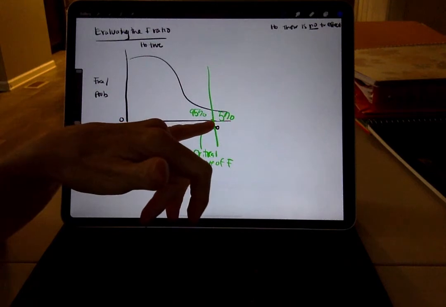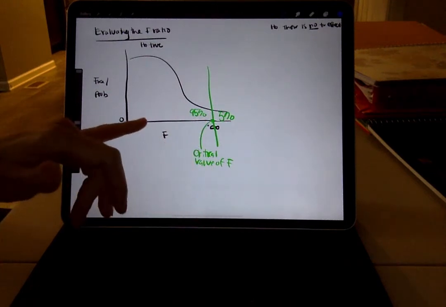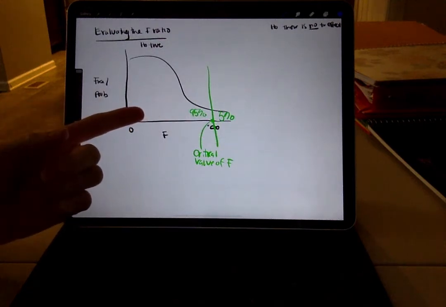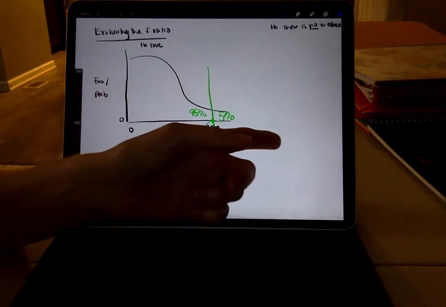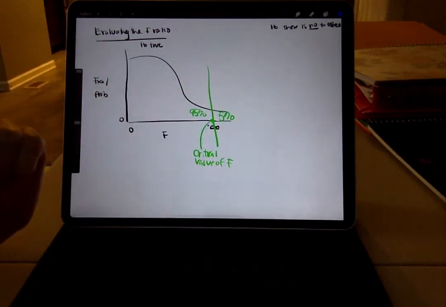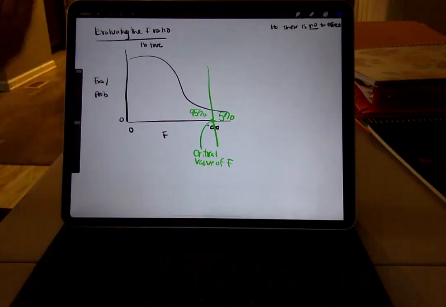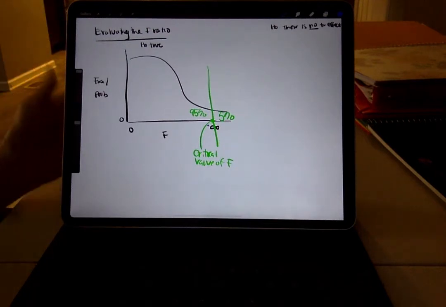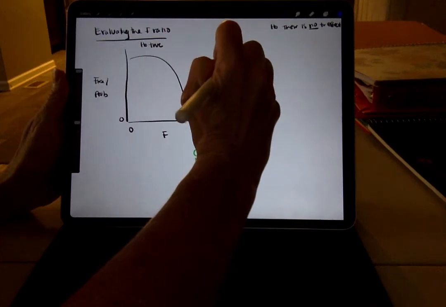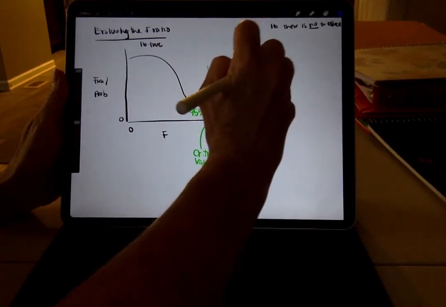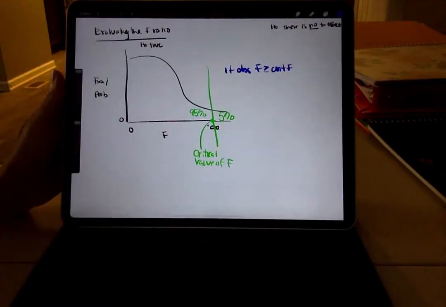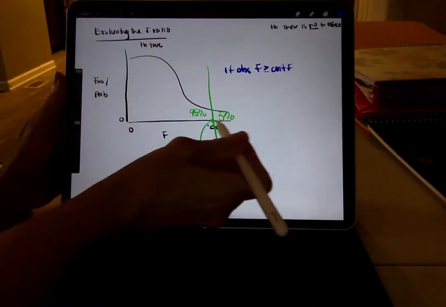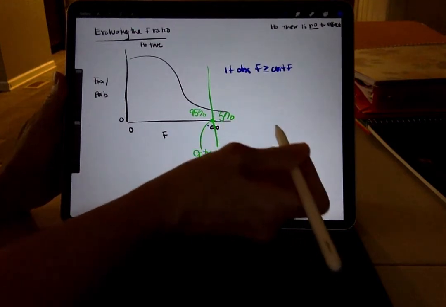All right, so let's assume for a second that our critical F is 3 and our observed F is 1. Our observed F is going to go over here. If our critical F is 3 and our observed F is 10, then our observed F is going to go to the right. All right? Once we do that, it's time to make some decisions. So this is how we make the decisions. If our observed F is greater than or equal to our critical F, so if when we plot our observed F, it's to the right of this line,